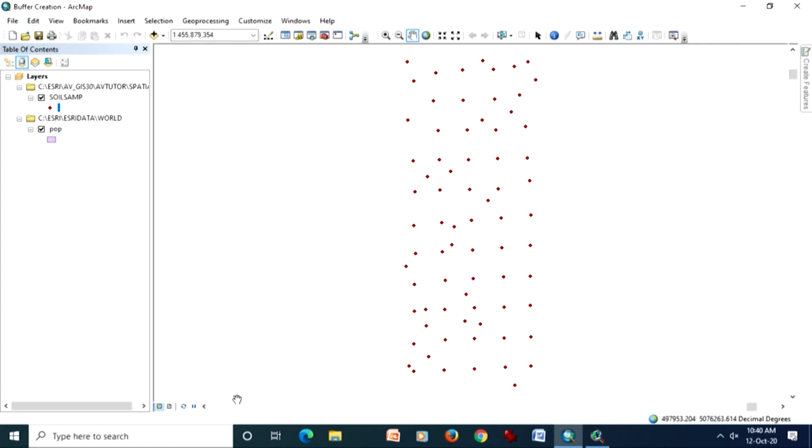Around these input points, buffers will be created with 30 decimal degrees linear units, which are quite big, but it depends on your requirements. I have deliberately taken a big value to create big circles so they become obvious and visible in this demonstration.